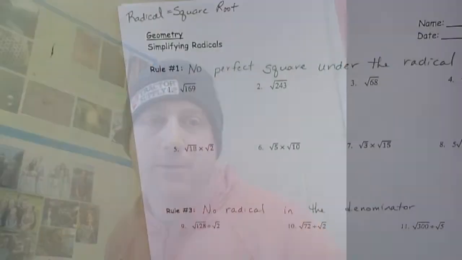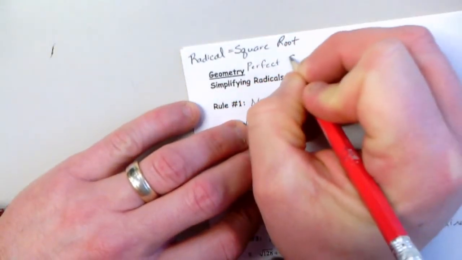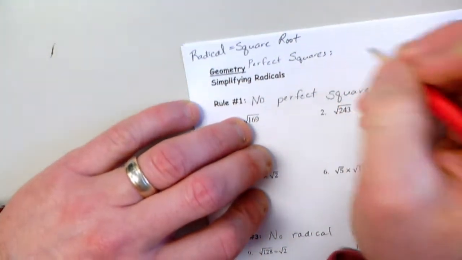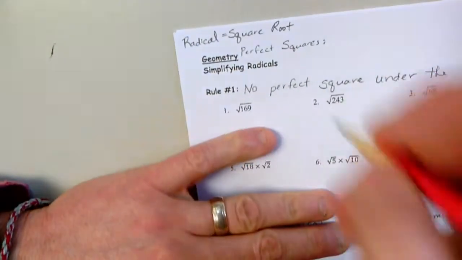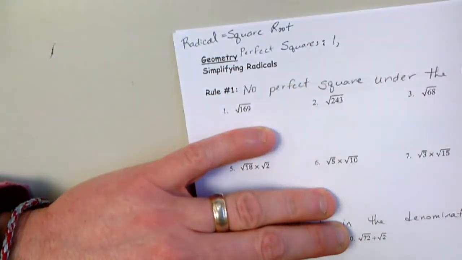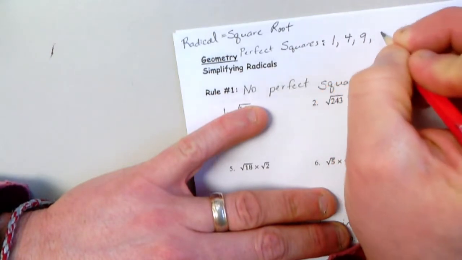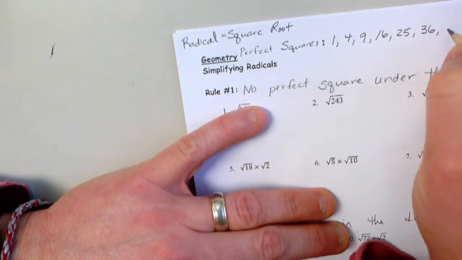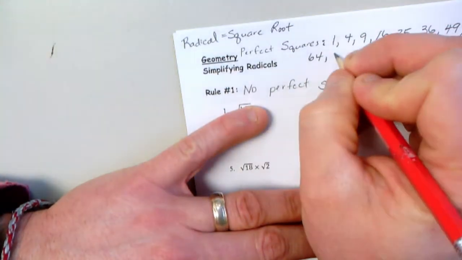So at the top of our paper, let's just make a list of this. Perfect squares. Okay, you're going to want to memorize these numbers here because they're going to be important. You're going to use them a lot this year, next year, and the year after that with your math classes. So perfect squares, we're going to go with 1 is a perfect square. It's not useful right now, okay? 4, 9, 16, 25, 36, 49, 64, 81,